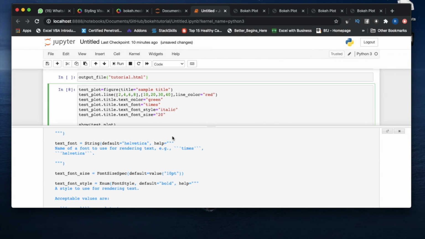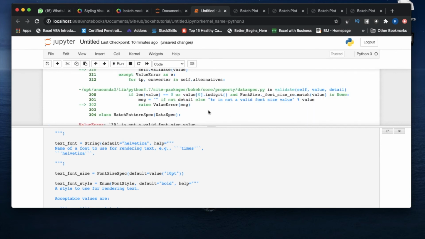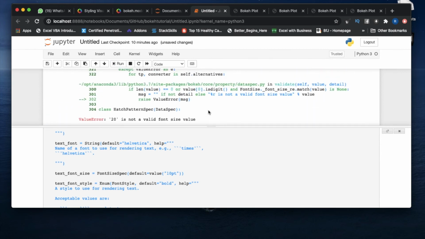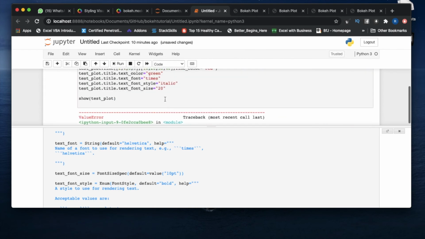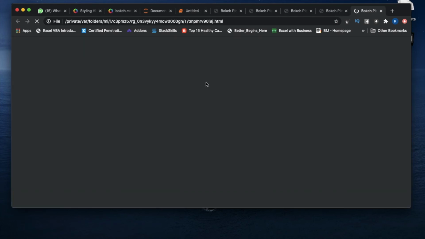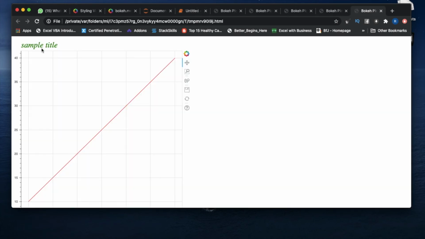Let's see whether it is taking pt or not. I don't know. 20 is not a valid font size value, so I need to change it to pt maybe. Let's see. Yes, we have to use pt. So if you see, I got this pt.